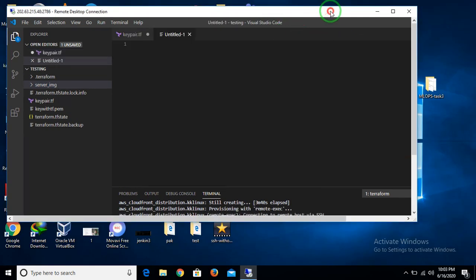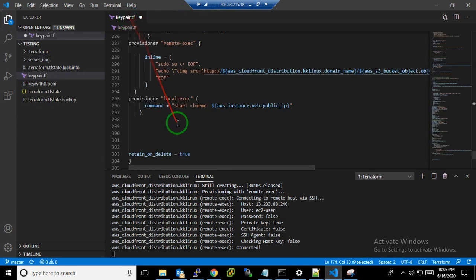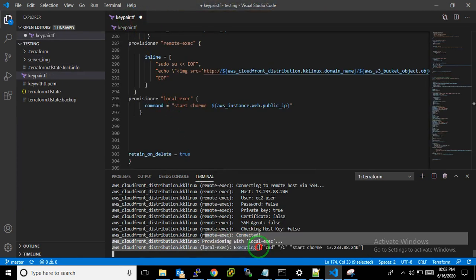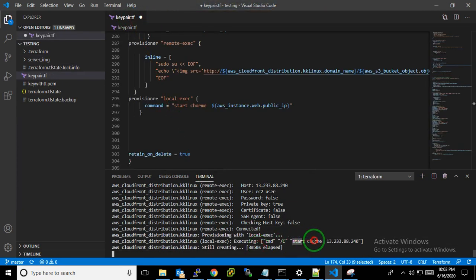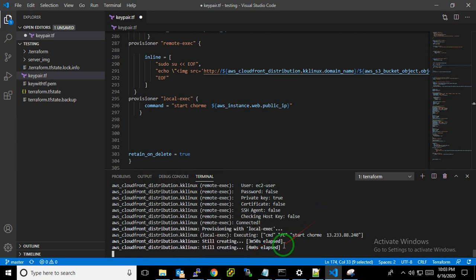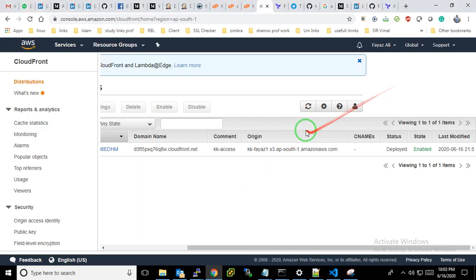Let's check if it's working or not. My Chrome browser is running, so I hope it's running. If not, we will check the code. Let's check that CloudFront is deployed and enabled.